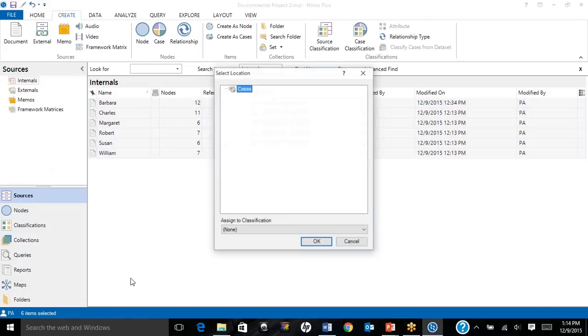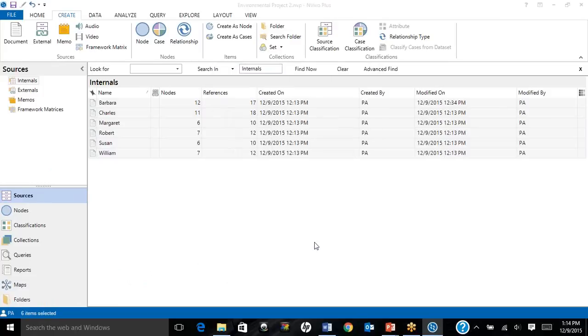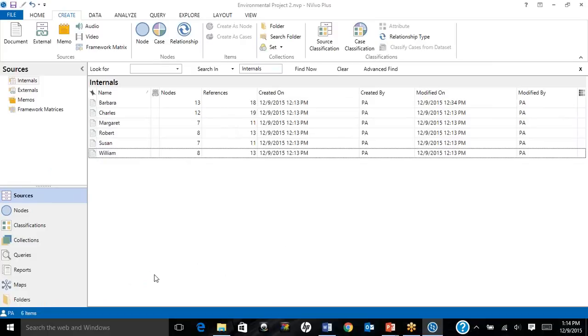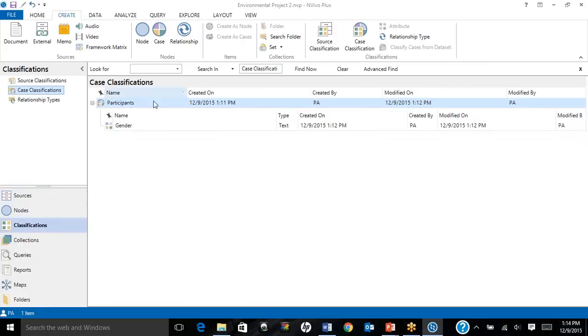So you click on that, and then it gives you an option to assign the case nodes to participant. So assign to classification, and we have only participant, the participant information that we have already created. So you connect that, and then you click on OK. So what will happen is that when you go to classify, and then you double click